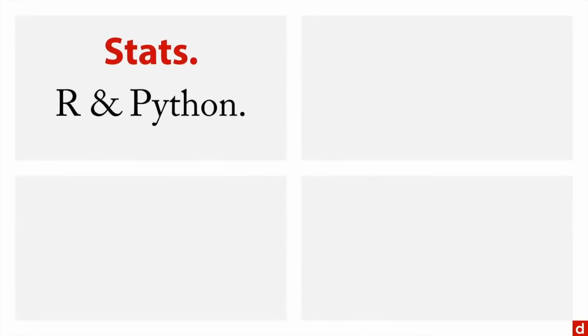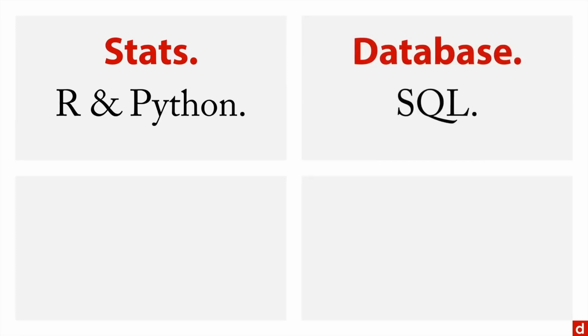Now, a few kinds of coding that are important. For instance, there's statistical coding. A couple of major languages in this are R and Python, 2 open source free programming languages. R specifically for data, Python's general purpose, but well adapted to data. The ability to work with databases is important too. The most common language there is SQL, usually pronounced sequel, which stands for Structured Query Language, because that's where the data is.